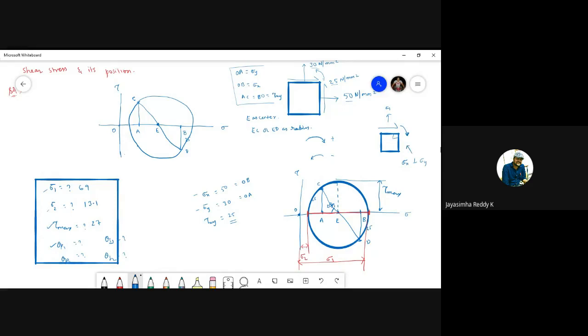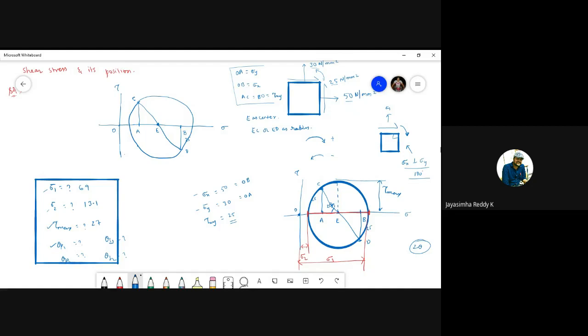But whereas in Mohr's circle, we have taken it as 180 degrees between sigma x and sigma y. Is it right? See here, in Mohr's circle, while constructing OA and OB is making an angle of 180 degrees. So whatever we construct in Mohr's circle, it is in 2 theta. You have to remember this. So if it is theta originally, we are constructing it in 2 theta. So that is why this angle between